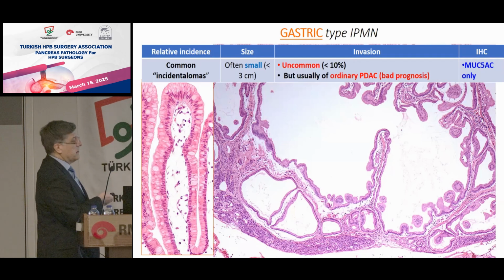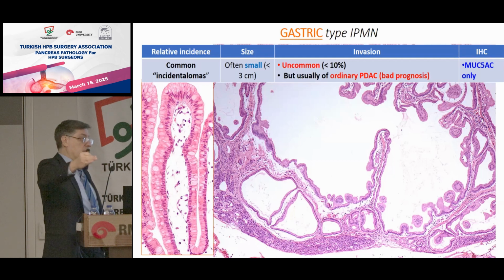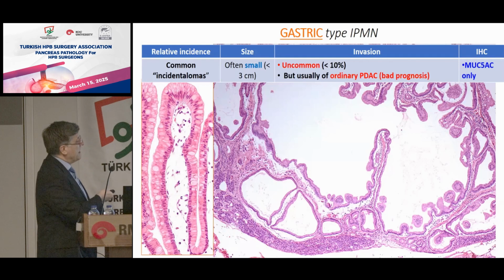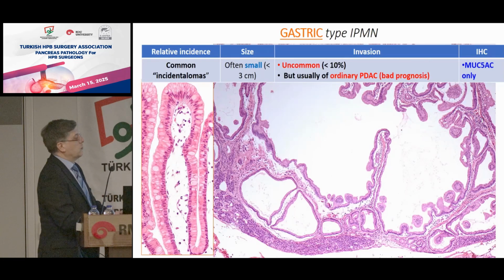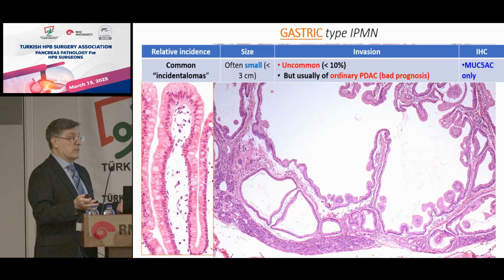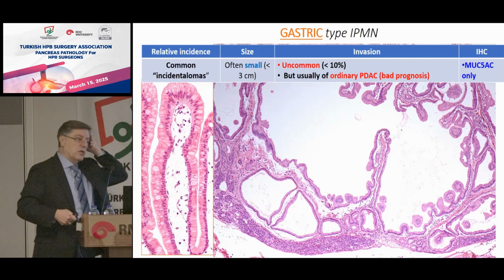The problem is, in the long term, about 15% of these develop invasive carcinoma. The problem is, when they infiltrate, it is the bad kind, it's PDAC. So it looks innocuous, it's often quiescent, it just stays there, but when it transforms into cancer, it's too late. And it can transform into cancer. I'm sure some of you are following that literature, the